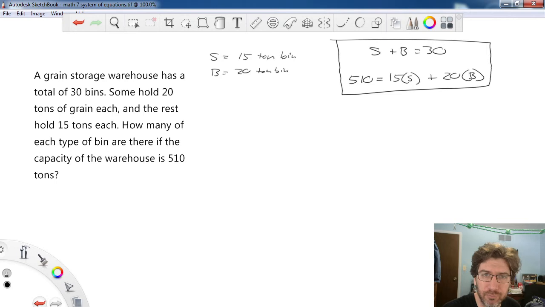I'm not going to solve for it. I'll solve for it tomorrow. Let's look at